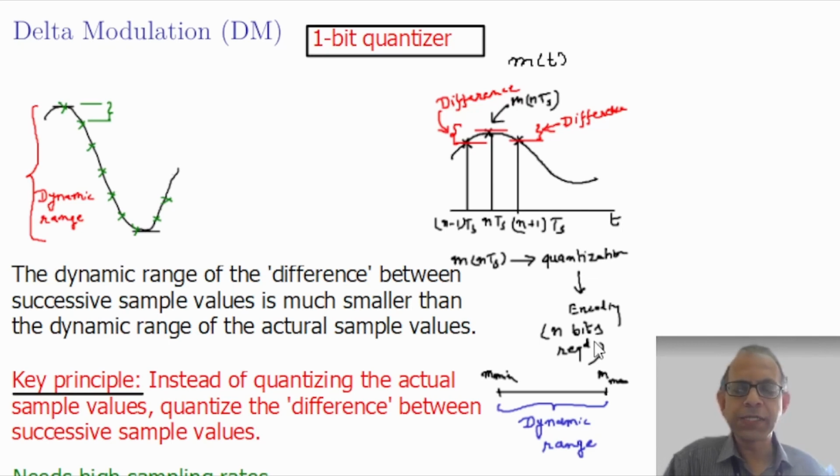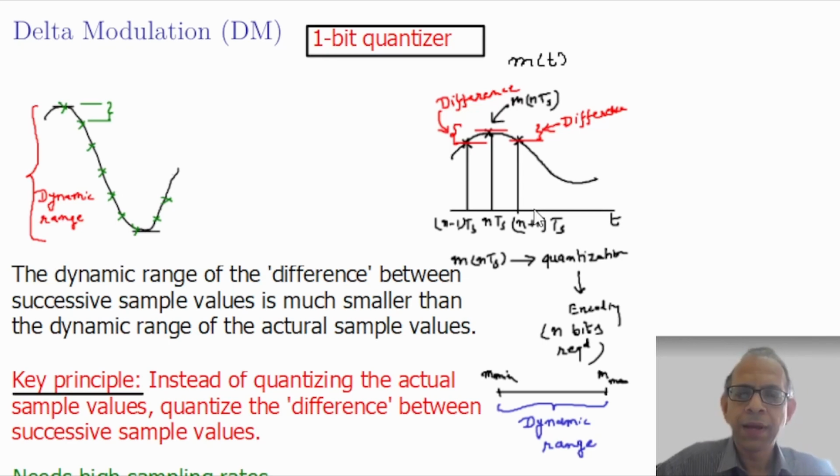So if there are n bits, there will be 2 to the power n quantization levels. The dynamic range is divided into these L quantization levels. If we want to increase the resolution or accuracy of representation, then we need more levels in the dynamic range of the signal. The dynamic range is the difference between the maximum amplitude and the minimum amplitude of the signal. And the more levels we need, the more bits we need to encode each